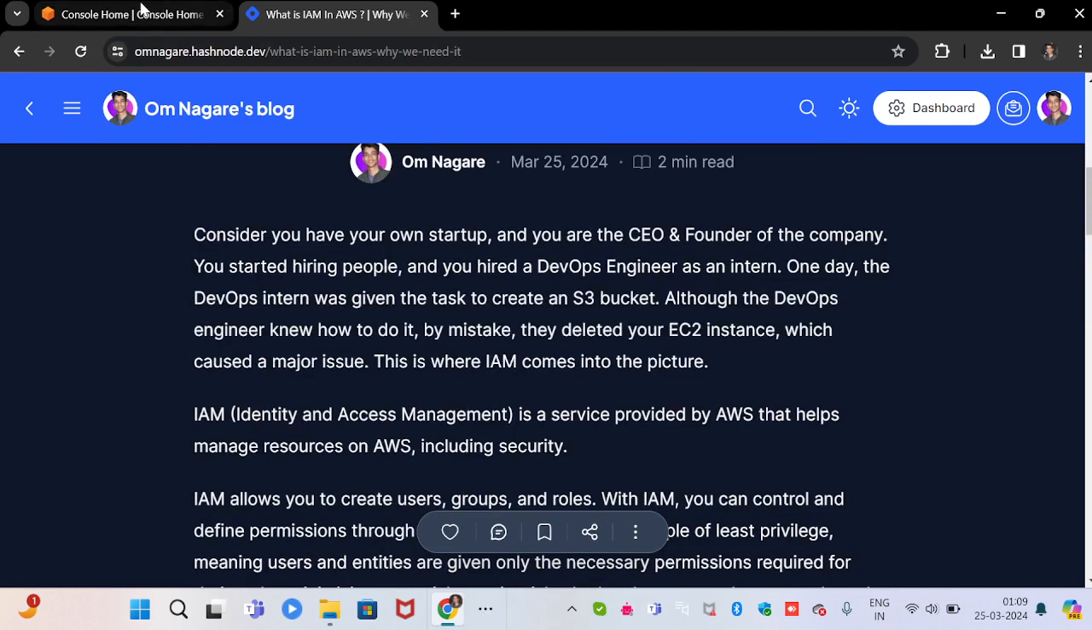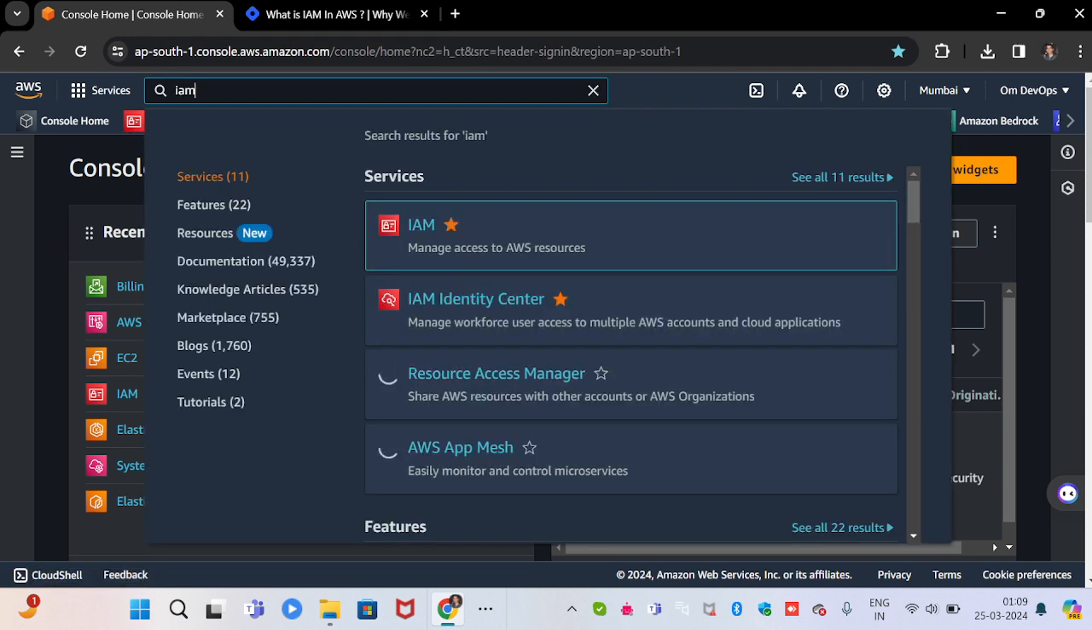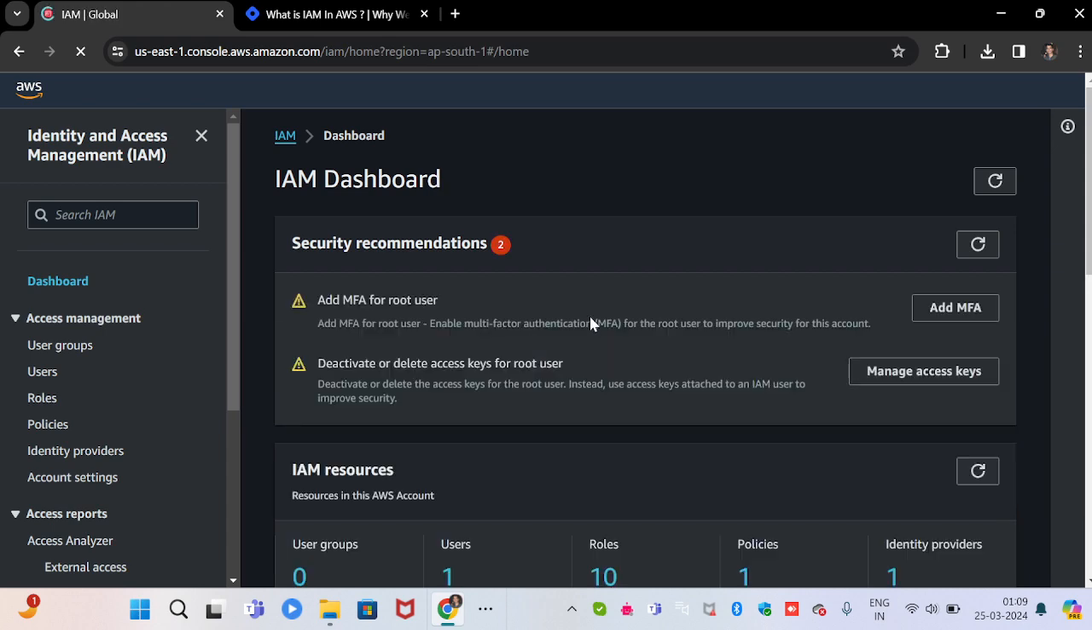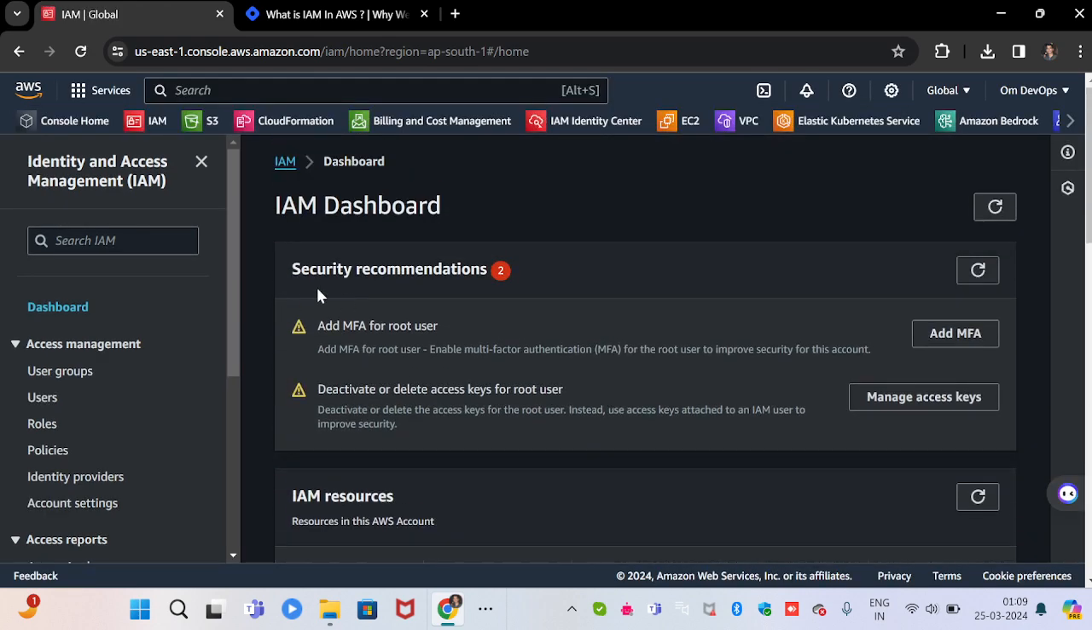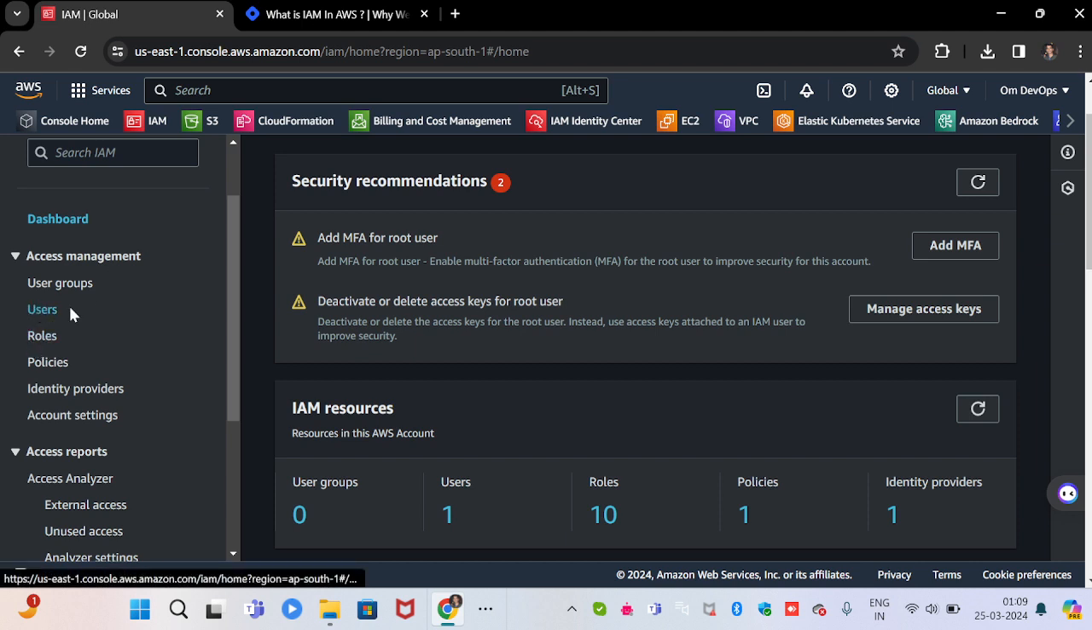So let's start with the demo. Here I am in the AWS console, and here you can see IAM. Just search for IAM here, go to the home page of it, and here you can see the dashboard of IAM. Here I will discuss the users. So go to Users